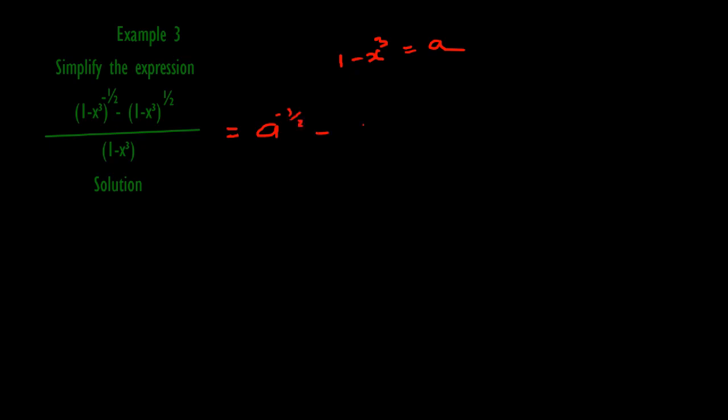Where we have 1 minus x cubed, we put a. So in the numerator, the first term is a raised to power negative a half, the second term is a raised to power half, and in the denominator we have a. You bracket both numerator and denominator to be one term. To eliminate the negative a half in the numerator, we multiply by a raised to power half,